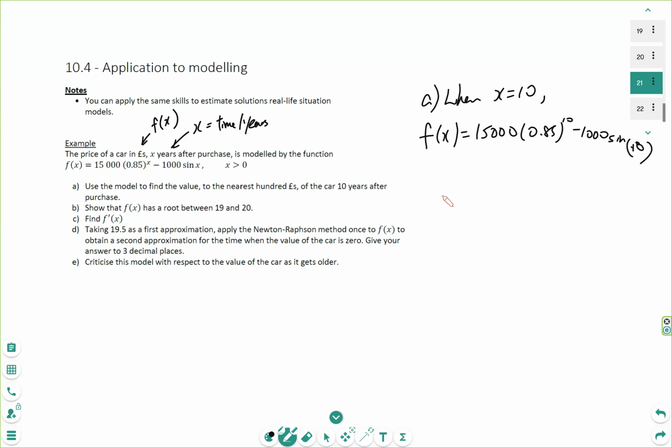10. Now you might be wondering, do we use radians or degrees? I will put both in the calculator and see which one makes sense. If I put radians in the calculator, which I'm already in, I get roughly 3,500, because they want it to the nearest 100, 3,497. So in radians, I get 3,500. What happens if it's degrees? So let's try that. In degrees, I get